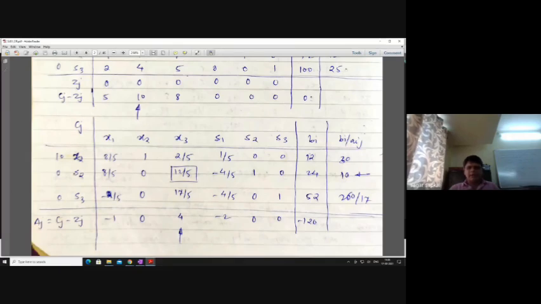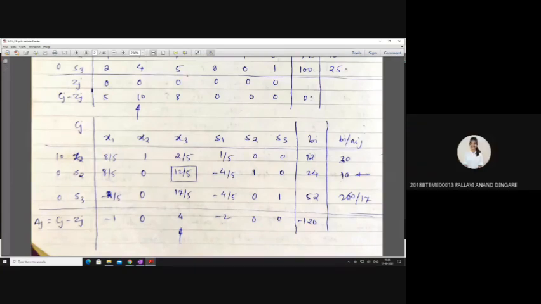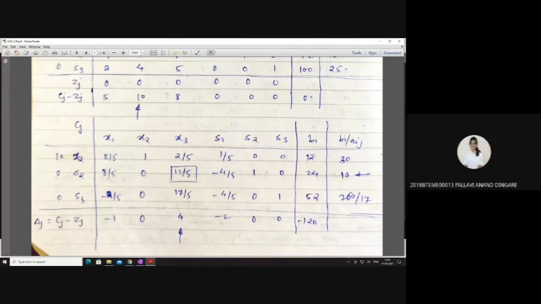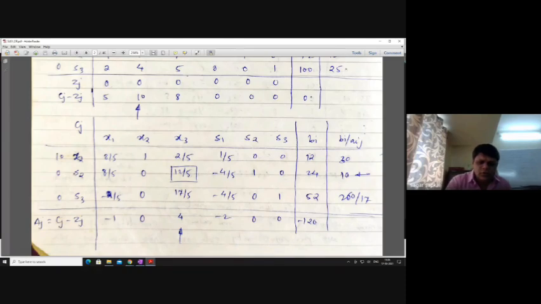For last lecture, previous lecture. Okay, so at the place of S1, X2 has come, and you got the answer. Now, what are the solution values of this particular table? 0, 12, 0. And what is Z max? 120. Yes. So,